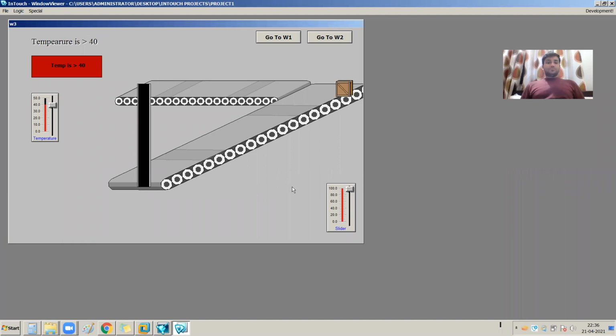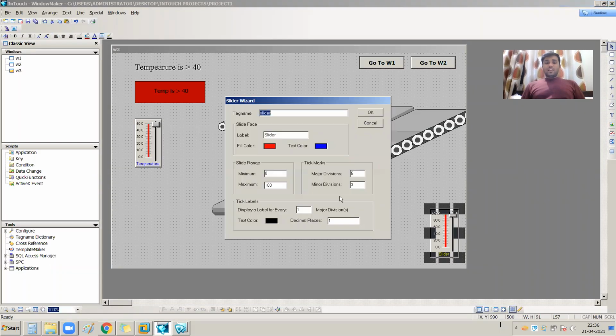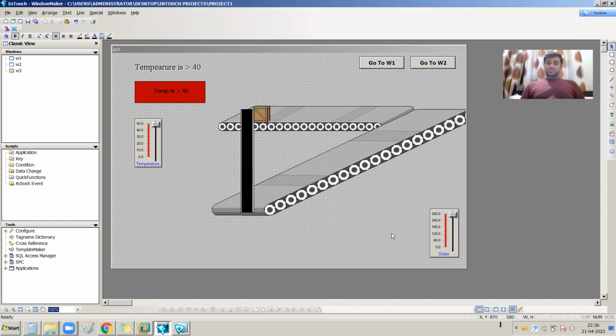Now if I increase the range of my slider tag, suppose 0 to 300, see, from 0 to 100 it is moving from left to right, but from 100 to 200 it is moving diagonally.